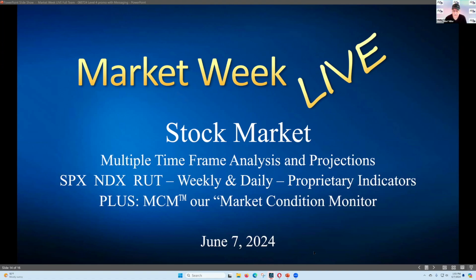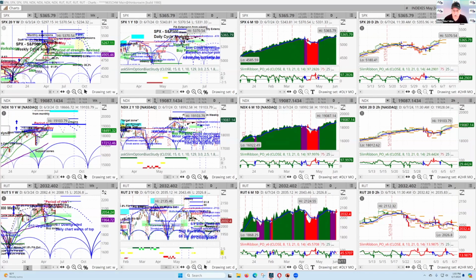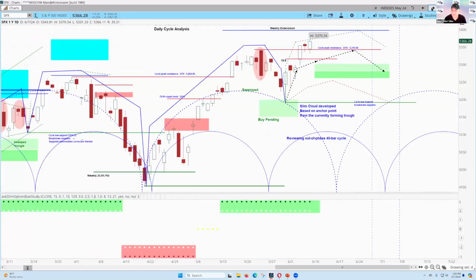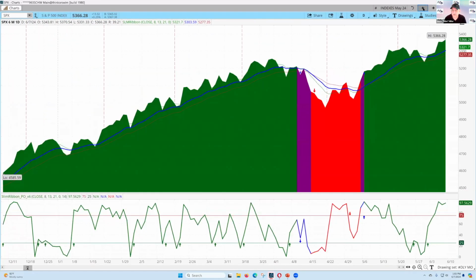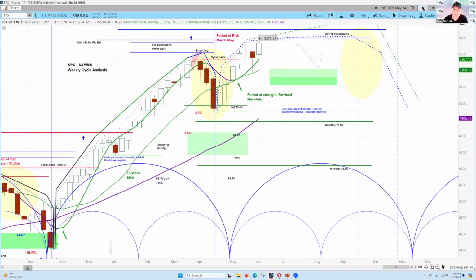Let's take a look now as we look at our proprietary charts. What you see here is how our members get our level 4 charts. We're looking at SPX, NASDAQ, and the Russell. So all I do is blow up the S&P 500 chart, and then there's arrows up on the top here that I can advance through all of our charts just by clicking on those, which gives you a good sense of how easy it is to really use this.